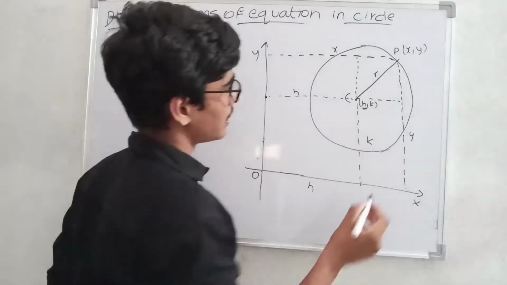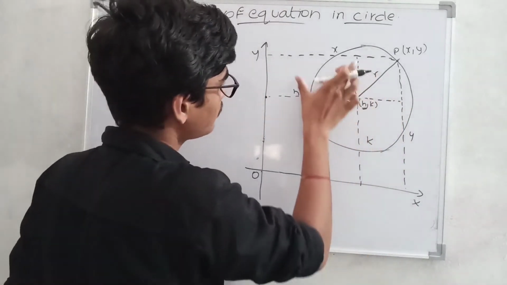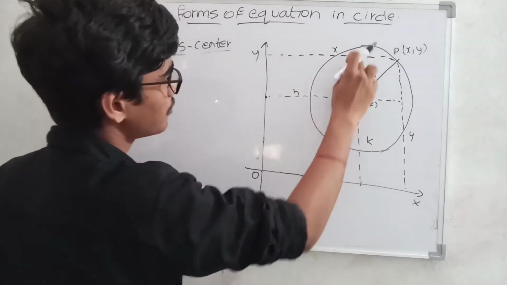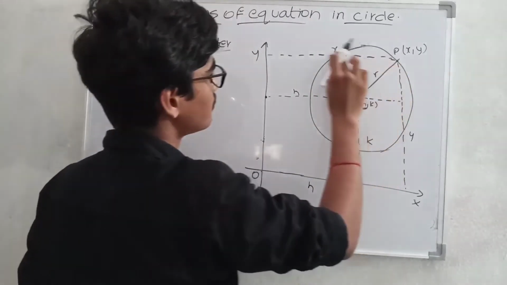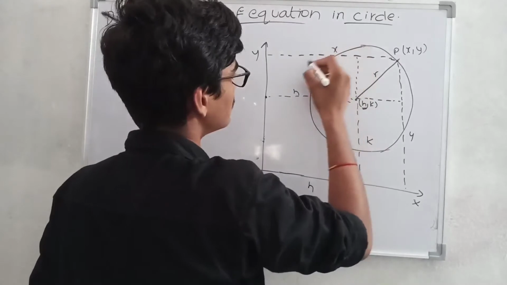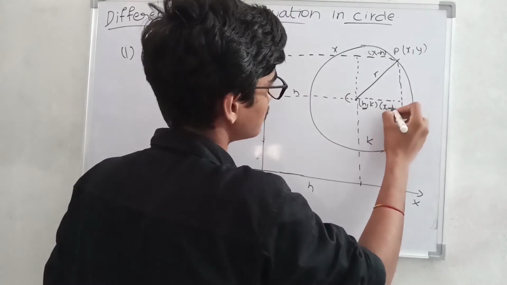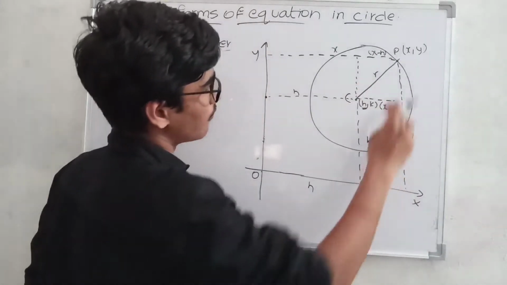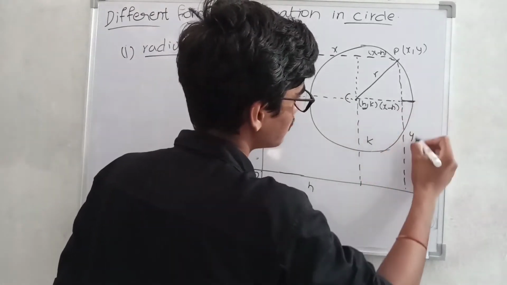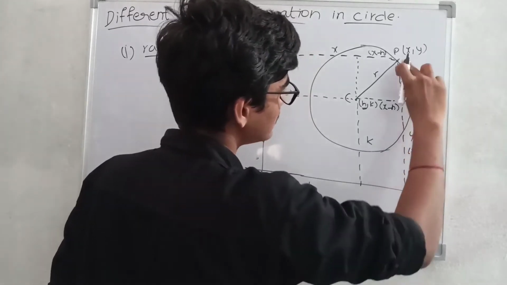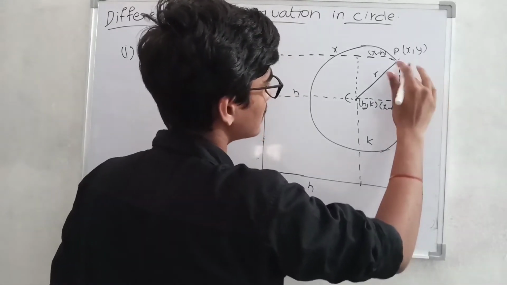We know this. Then this length is equal to, up to here both have the same length, up to here x and x have the same length. Then this length is equal to, if we subtract x from h, we can get this length. And we know that this length is equal to y and this length is equal to k. That means up to here is equal to k, then this length is equal to total length minus k. We get y minus k as this length.